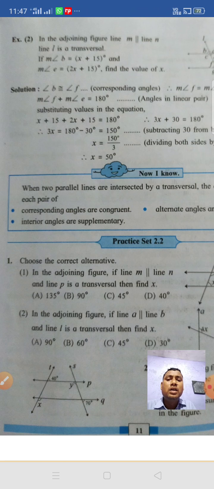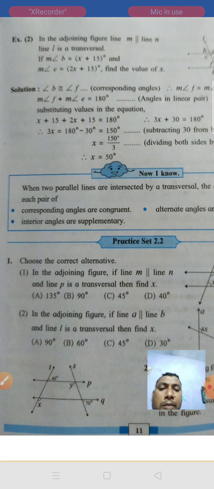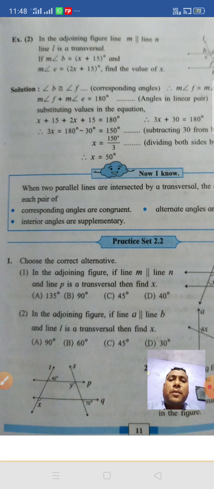So these are all the properties of parallel lines and the transversal. It means the property of the corresponding angles, property of the alternate angles, property of the interior angles. This property is used in standard 9. You remember all these properties, and these properties are used in the corresponding angle test, alternate angle test, and the interior angle test, which we can use in the next year.